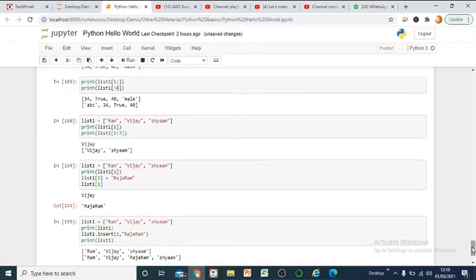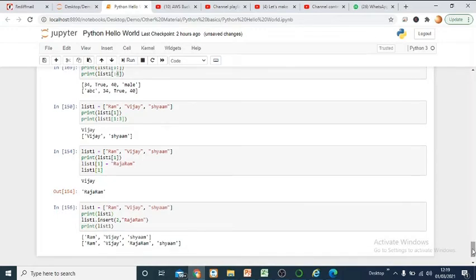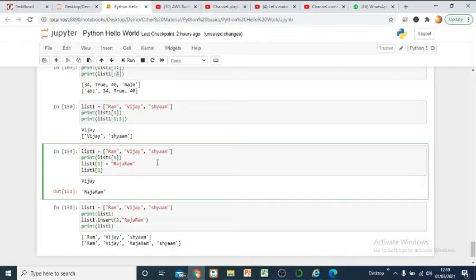Now after fetching different elements from the list, there is another thing which you can do, you can update any element of the list. So if you want to update any element of the list, like Ram, Vijay and Shyam, this is your list, and you want to update Vijay with Raja Ram, because at number 1 we have Vijay, then simply you have to mention the new value and move it to the specific index that you want to update.